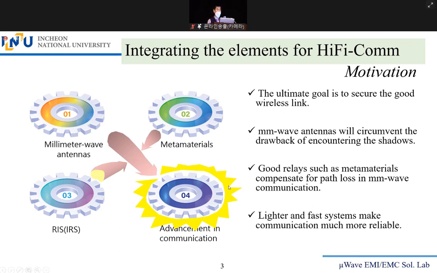Here you can see the final goal. It consists of a mixture of different parts: RIS, which is influenced by metamaterials, and metamaterials that should work for millimeter wave. So a millimeter wave feed network and antennas are required. And last but not least, we will validate using the experimental setup. I'm going to propose the name TextWave, which we developed recently in cooperation with the American Research Group. So you are going to see what I'm going to tell you ultimately.